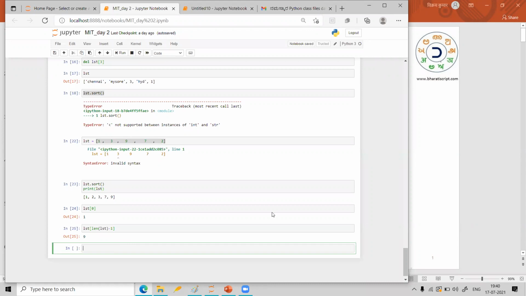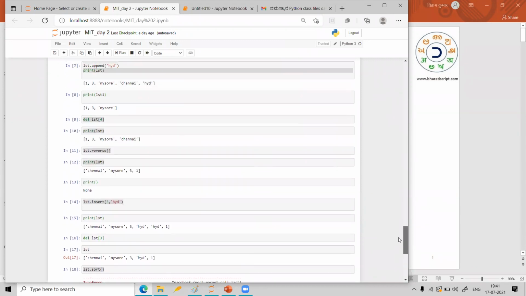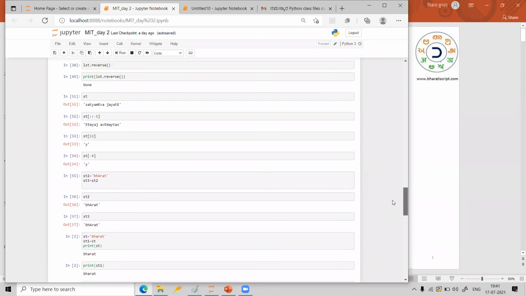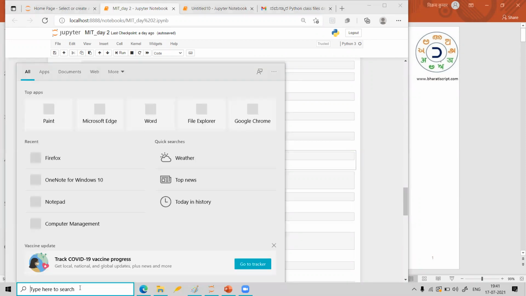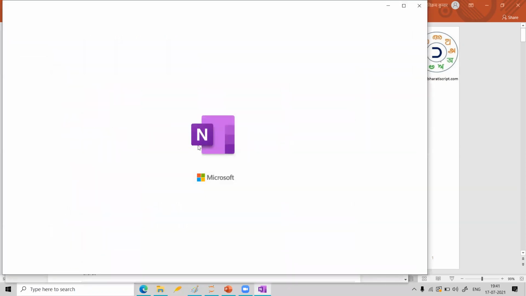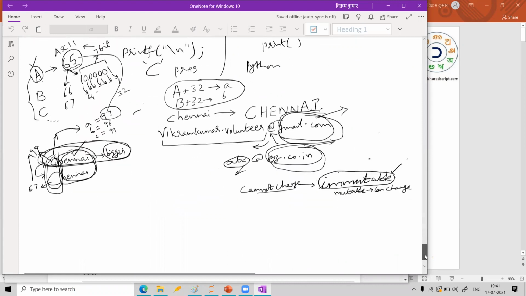Now I will tell you one simple trick here. Like we have already done yesterday, I think I explained accessing the elements going backwards. You remember yesterday I explained this LST of -4, that means counting from the right side to the left side. Let me open that file so that you can recollect what we discussed earlier.